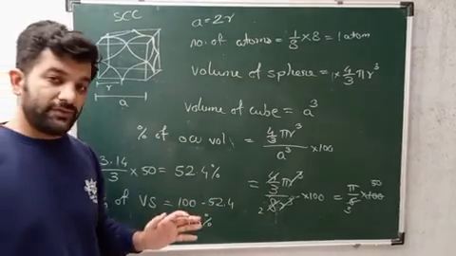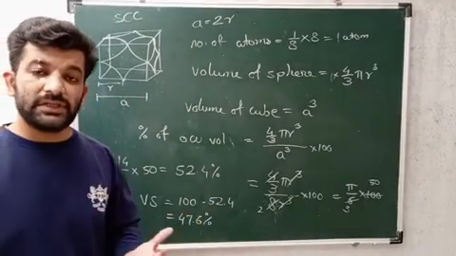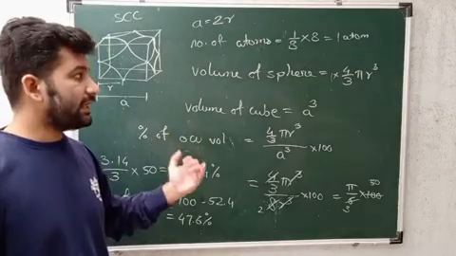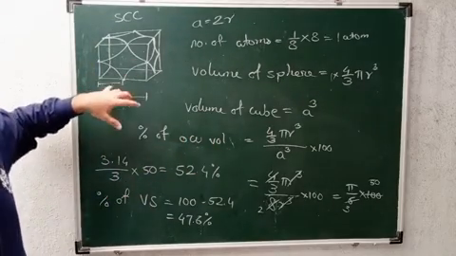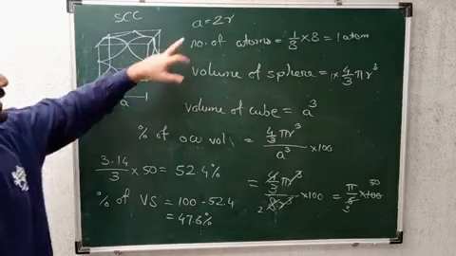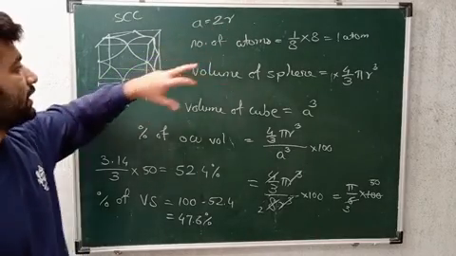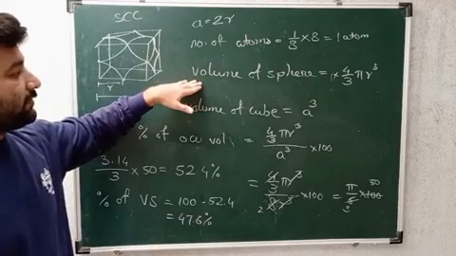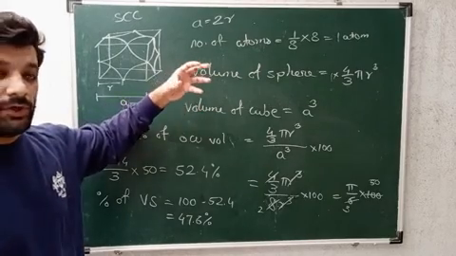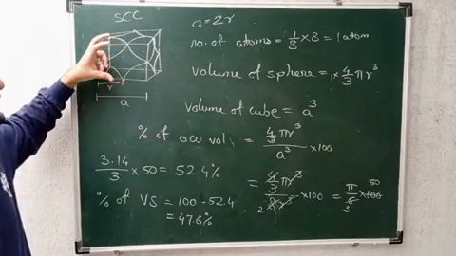So in this way we can write down the derivation. This derivation comes for 3 marks, where you can write down the statements and the explanation. What we have done is, first we found the value of A, that is A is equal to 2R. Then we calculated the number of atoms. After calculating the number of atoms, we found the occupied volume, how much volume of the cube is occupied.